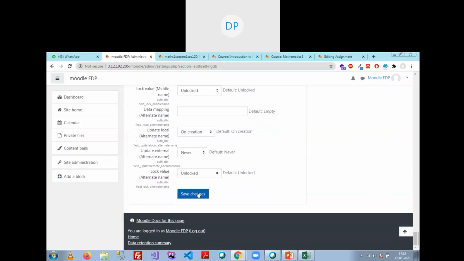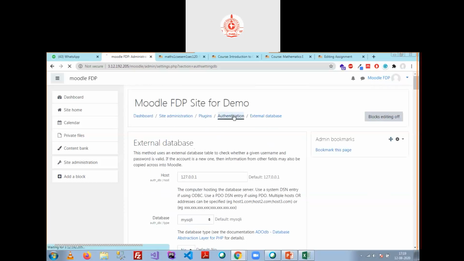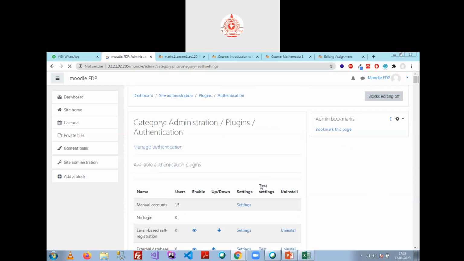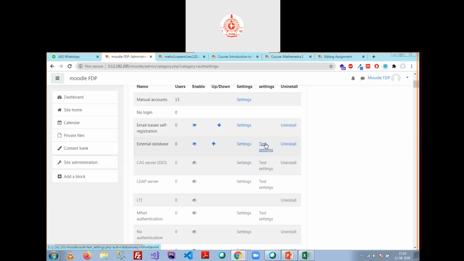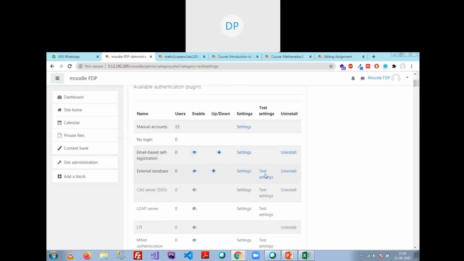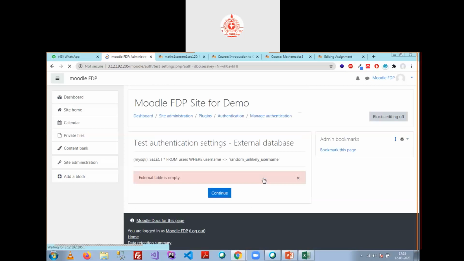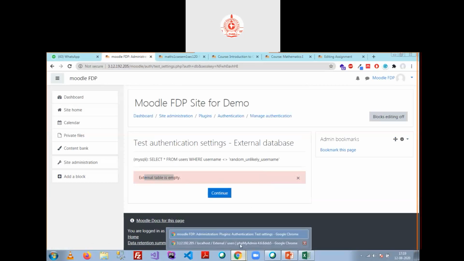Now just save changes and check it again. Test settings. It is showing that the external table is empty. That is the condition. So what should I do?